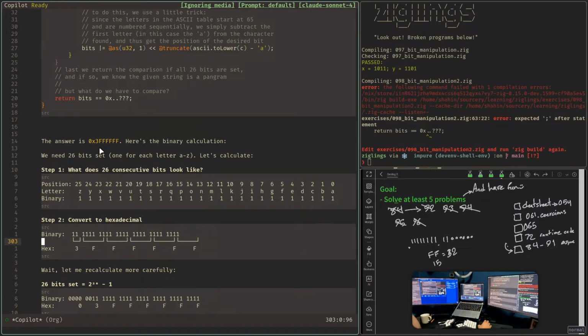So the answer is 0, 3, and then 6F. Here's the binary calculation. We need 26 bits set, one for each letter, A to Z. Let's calculate. Right, we have 26 character positions for 26 letters, and in binary everyone is 1, right? Convert to hexadecimal, it would be